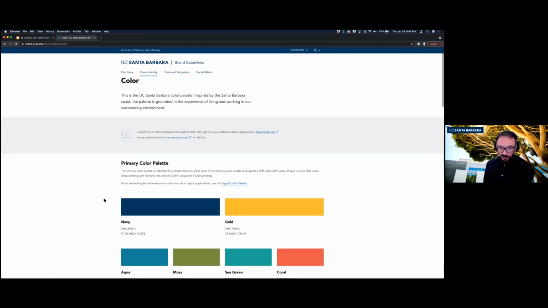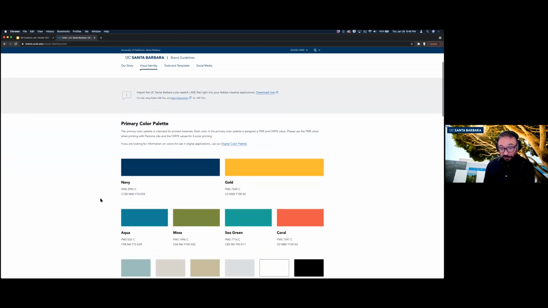So the purpose of this expanded color palette is to give a lot more options so that people can be more creative and can build more dynamic designs, but we can still all rally and say, you know what, we're all going to use that same navy blue. So that when I see that navy and I see that word mark, I know it's official UCSB communications. So we've changed the blue and gold slightly. It's a little bit of a deeper navy than it was. It's a little bit of a more vibrant gold.